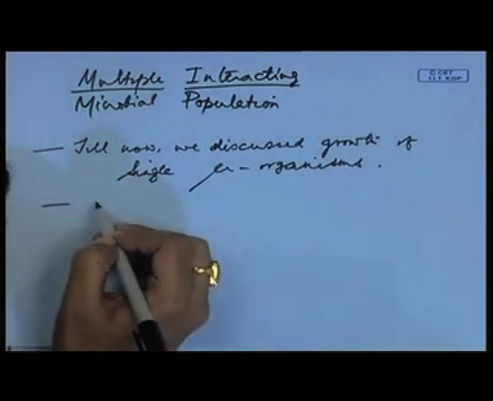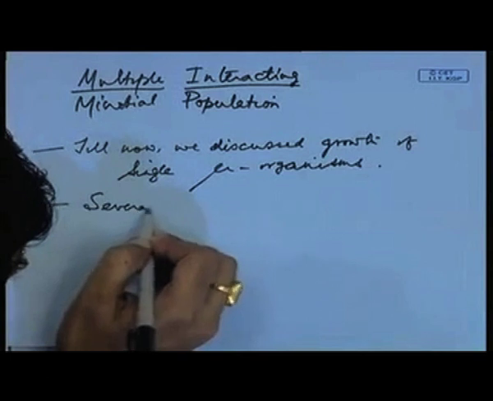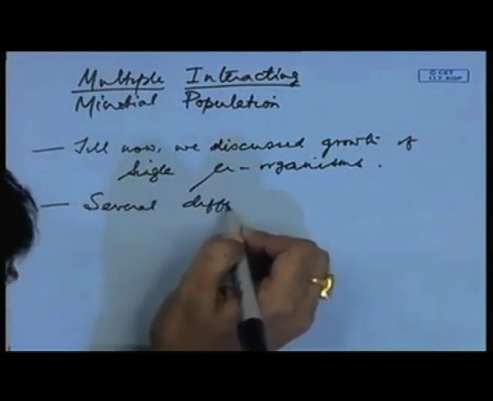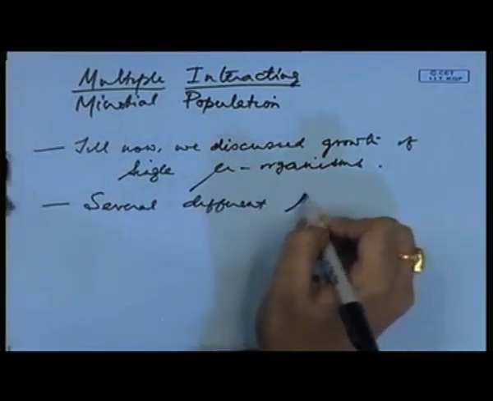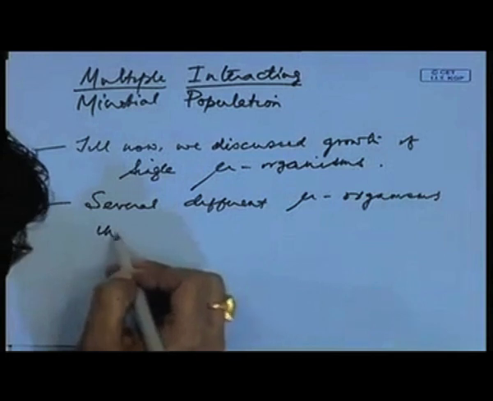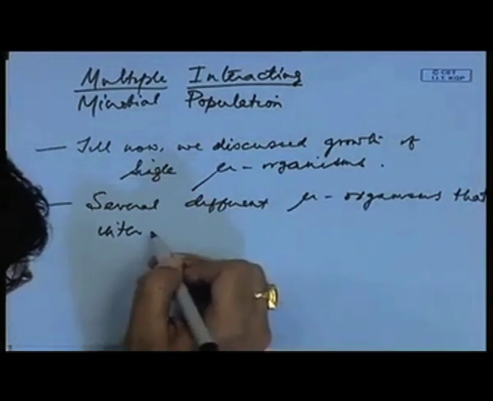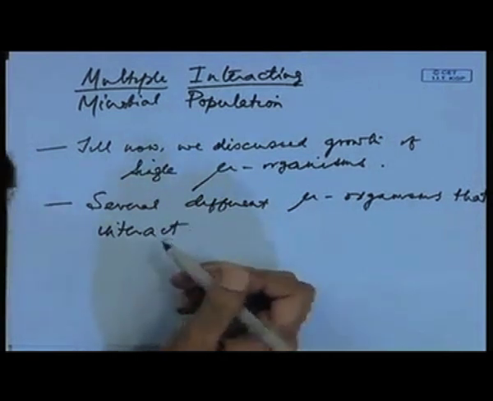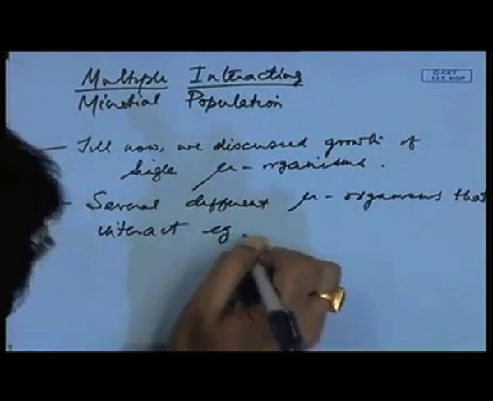All right. So, now we are going to start discussing several different microorganisms which interact during the growth process. Example: